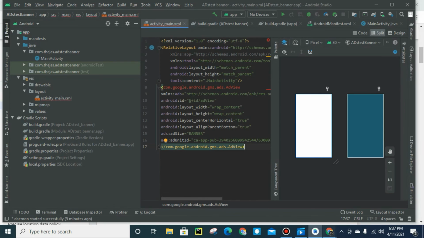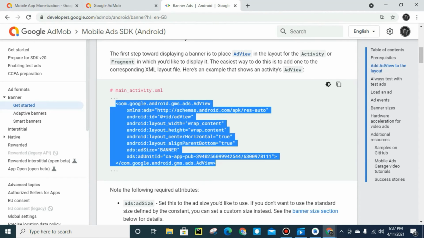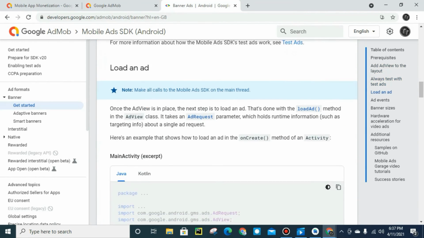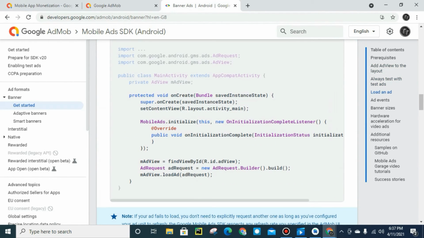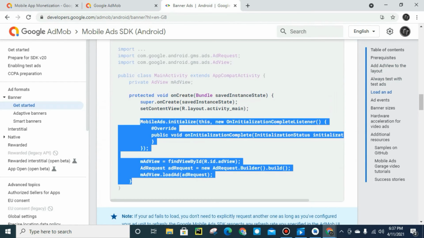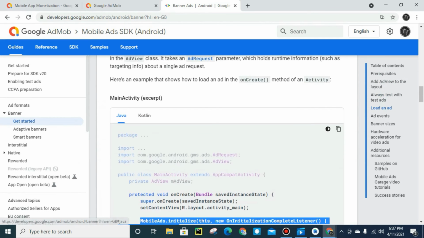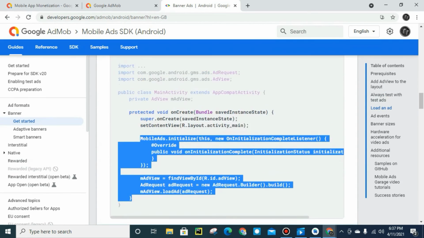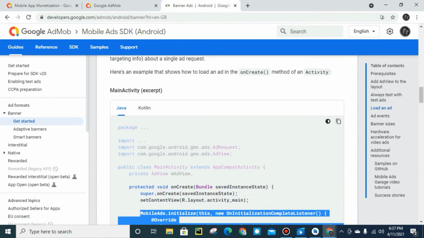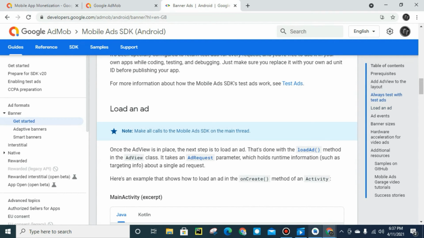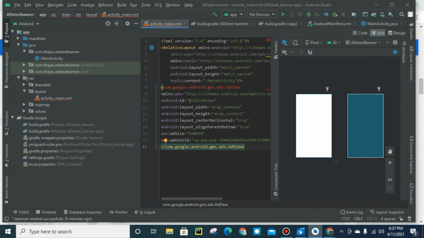After that, you have to go to AdMob again and scroll down. So here you will get a code like this. So we have to copy this code from MobileAds till this brace bracket. So I will copy this, and we have to paste it in our main file, which is our Java file.